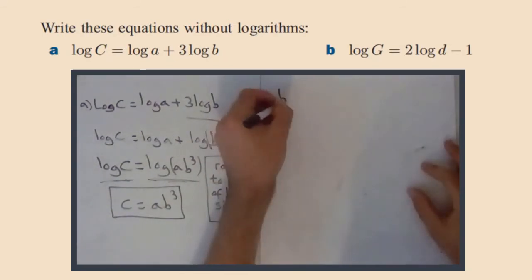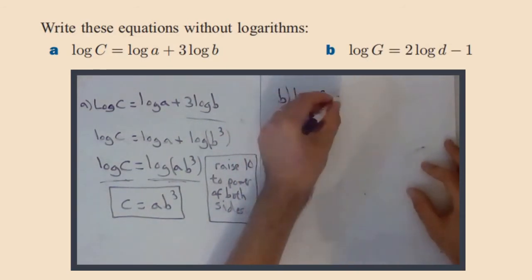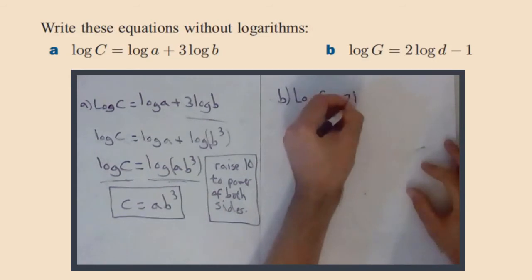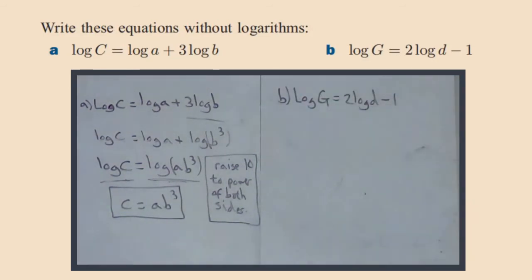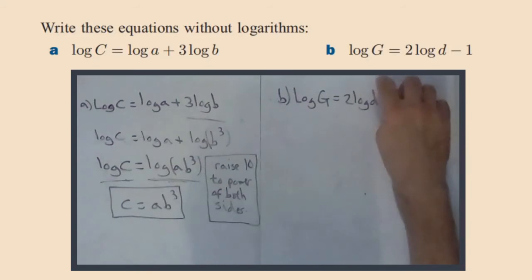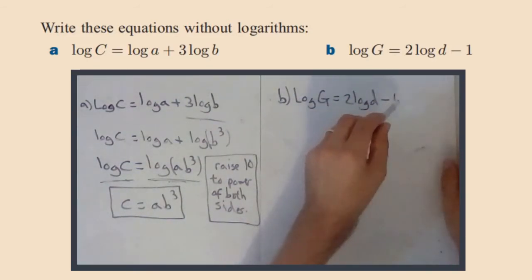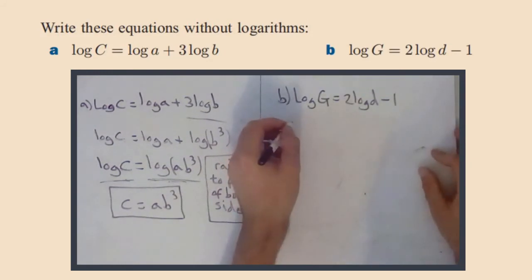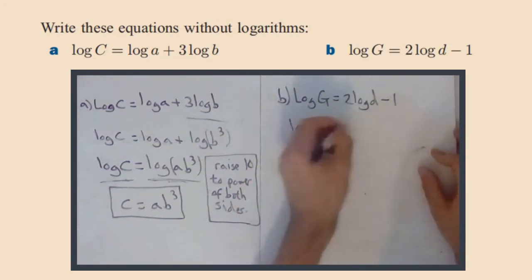Part B. Log G equals 2 log D minus 1. So we're still looking to attack that right hand side, and you're definitely going to have to bring this 2 in as an exponent, as a power, and we're going to have to do something with this 1 as well. So log G equals log D squared